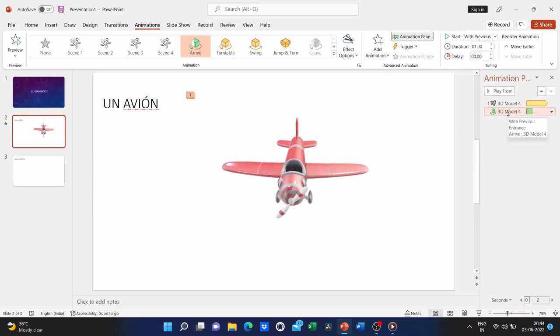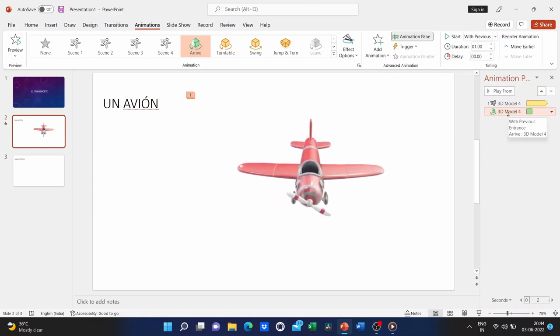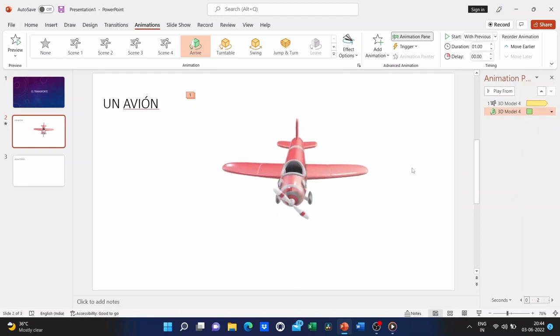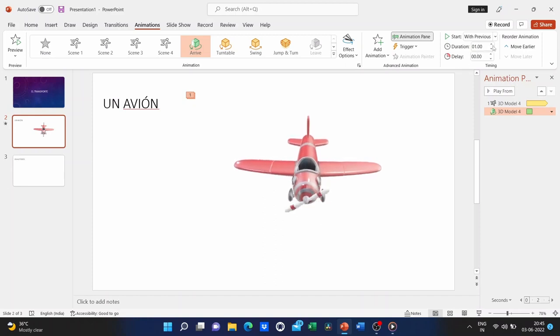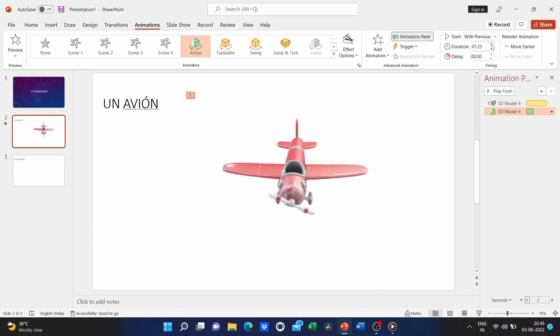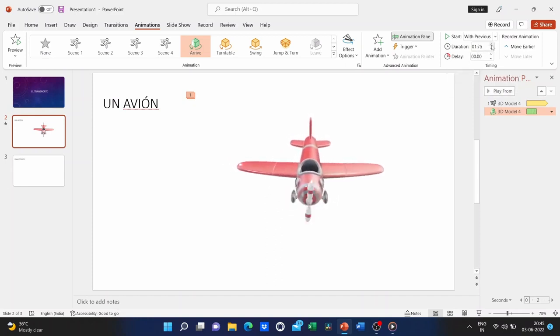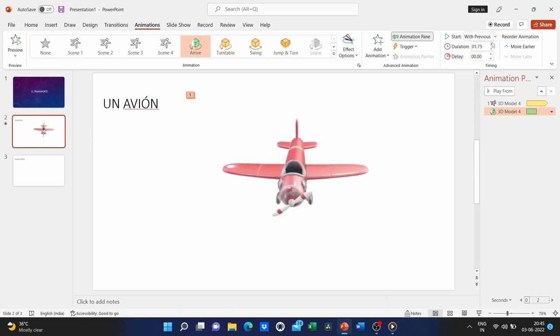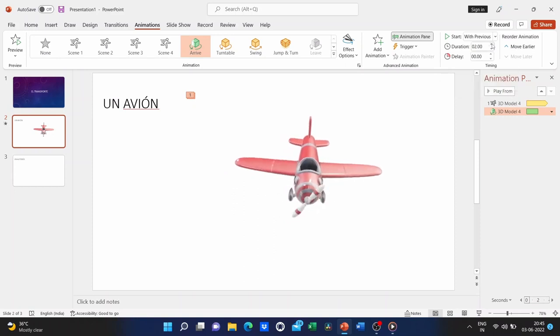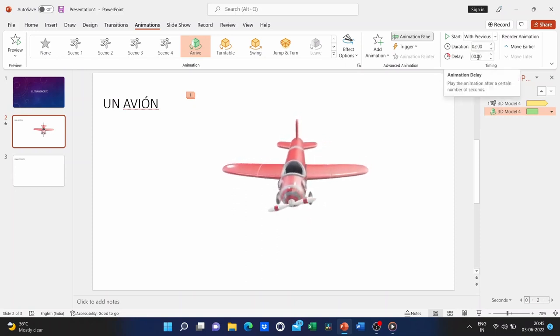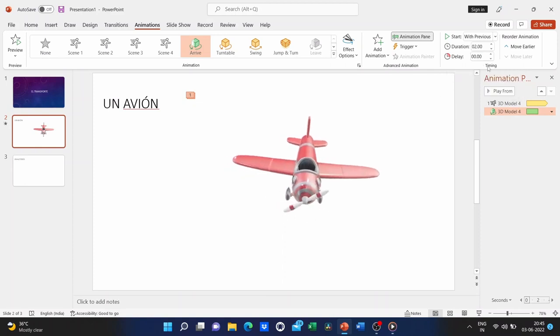Okay, so this is looking great so far. I am really happy with how this looks. Now, notice if I want to, I can change the duration of the animation. I could make it slowly turn and face the viewer, and I make it a little slower by changing it to 2 seconds. Also, you can put in some delays if you want. I'm not going to do that in this case.